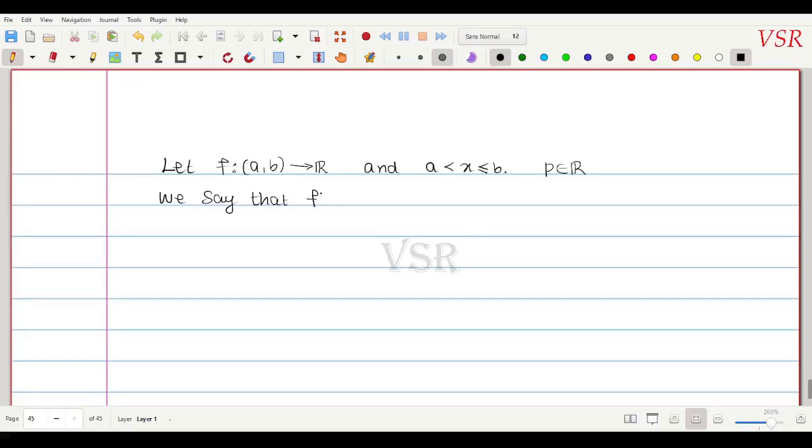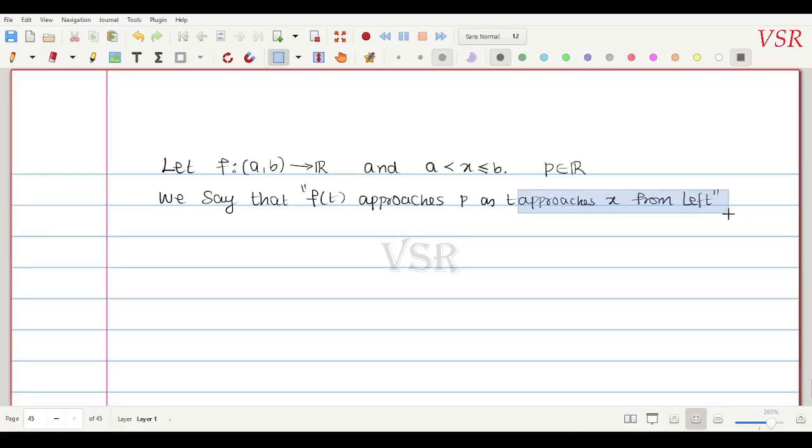We say that f of t approaches p as t approaches x from left. Okay, இது ரொம்ப முக்கியம். So f of t approaches p as t approaches x from the left